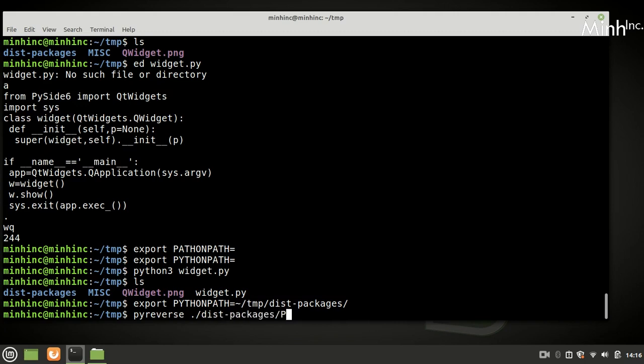dist-package PySide Qt widgets, and we want for every ancestor, every association module, yes, and then we want only class. We want for this class called widget, oh sorry, I think we made a mistake. So we want for this class widget.py, and for everything -k -c, that is widget, and it should be a png. Let's try.